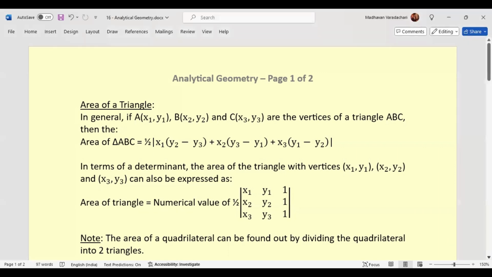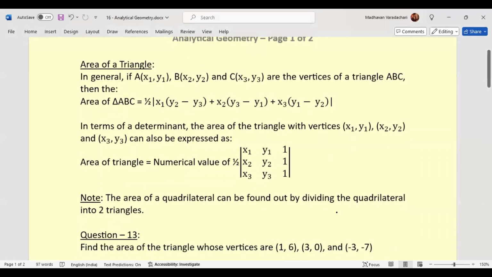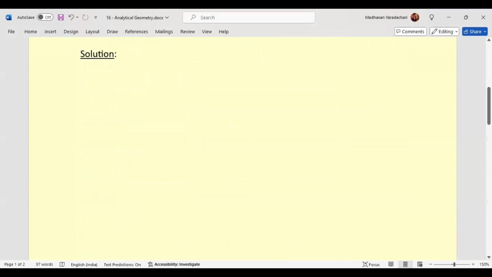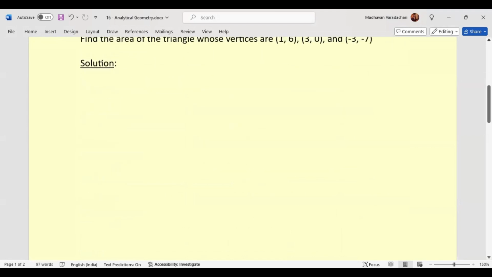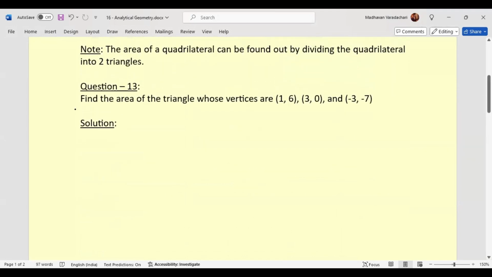If we want to find out the area of a quadrilateral, that can be found by dividing the quadrilateral into two triangles and then adding those two areas. So now we will do one simple problem. Question 13: find the area of a triangle whose vertices are (1, 6), (3, 0), (minus 3, minus 7). So here we will consider A as